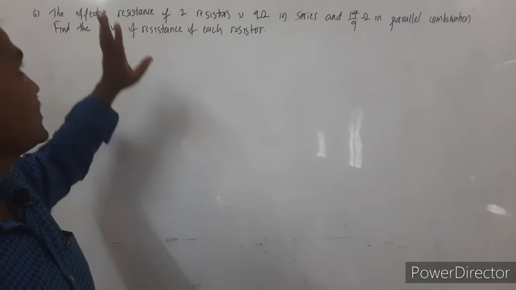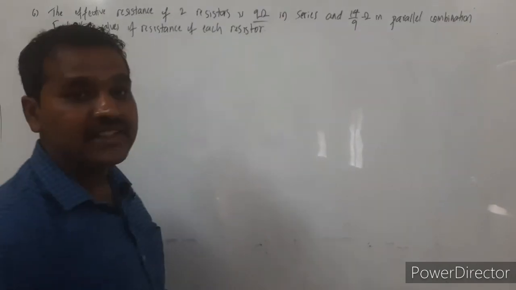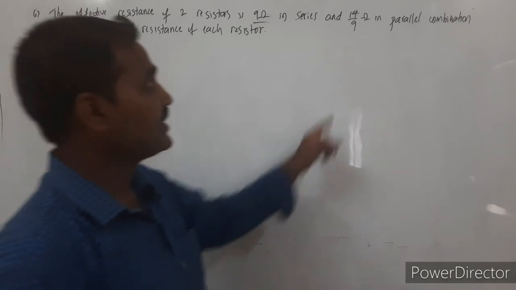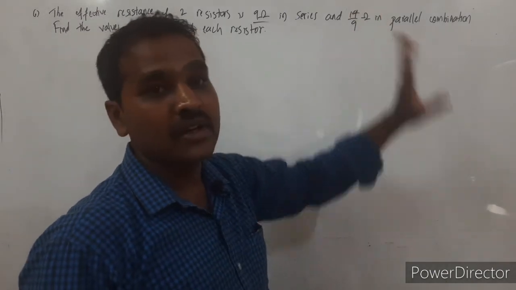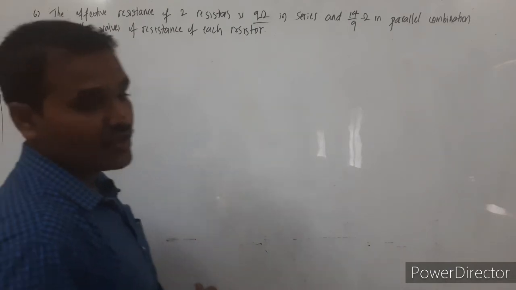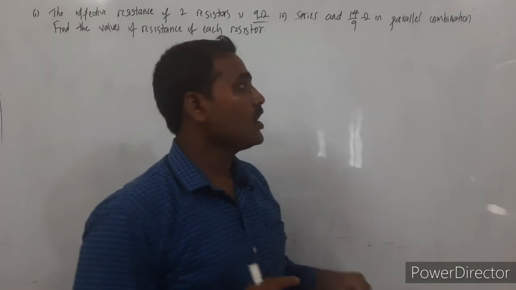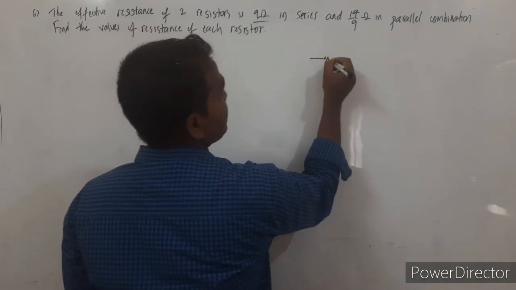It is given that the effective resistance of two resistors is 9 ohm in series combination and 14 divided by 9 ohm in parallel combination. Find the values of resistances of each resistor. Okay, so they have given two resistors. When those two resistors are connected in series combination,